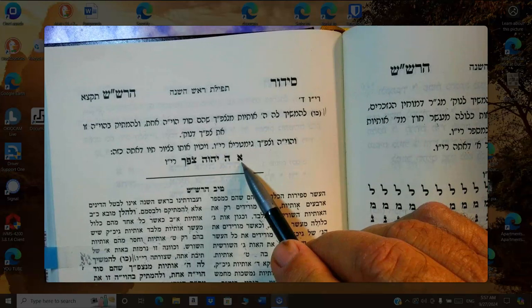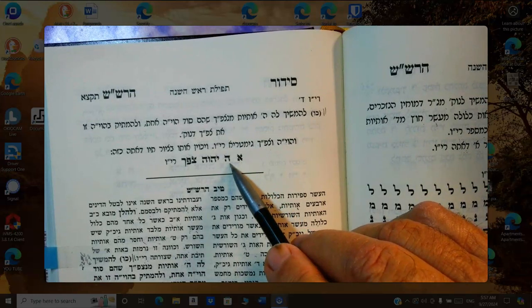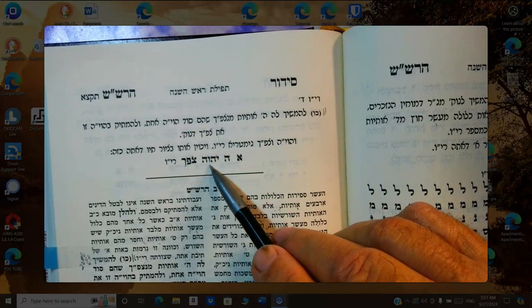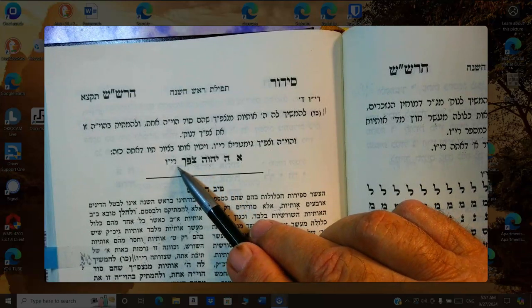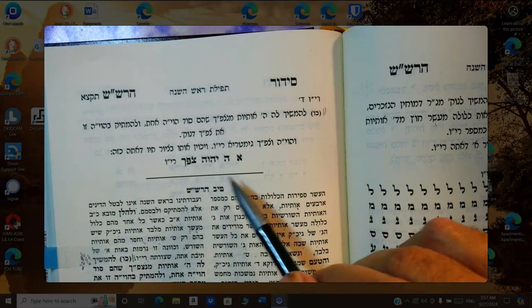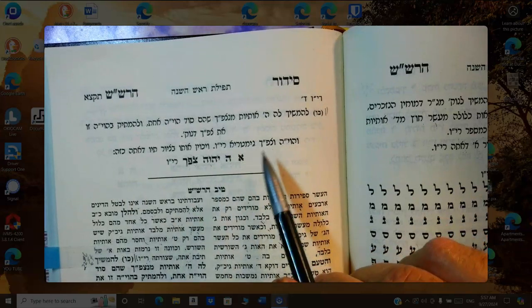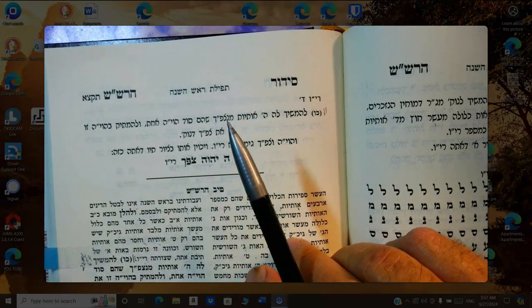Now he says Kazeh, and then he says you have an Aleph and a K. Then you have a Havaya and the word Sfach, and it means Raya. Now, what's the Aleph and the K doing there? That's part of the name of the word Ata. Is that what it is?